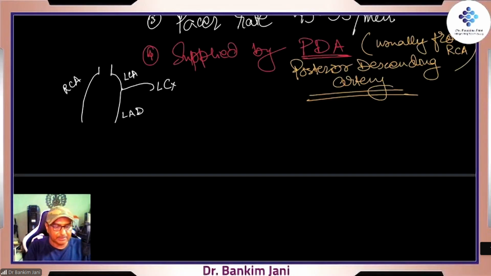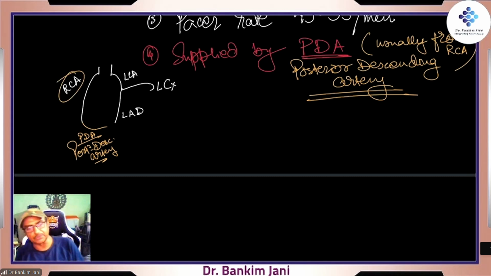LAD. This LAD is most vital because it is also called the widowmaker. The reason: it is supplying the left ventricle and at the same time the interventricular septum, which is crucial. But at this point of time, we are not discussing it. What we are discussing is one branch, which is called the PDA, posterior descending artery, right? Posterior descending artery. This particular artery usually emerges from the right coronary artery, and that is what is called